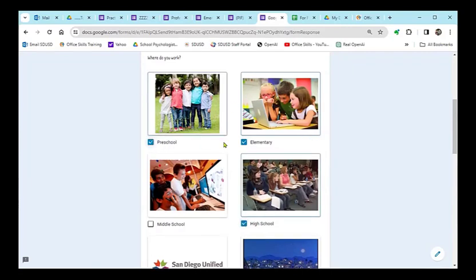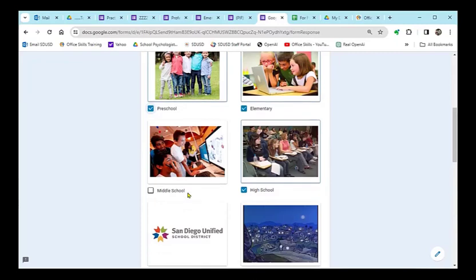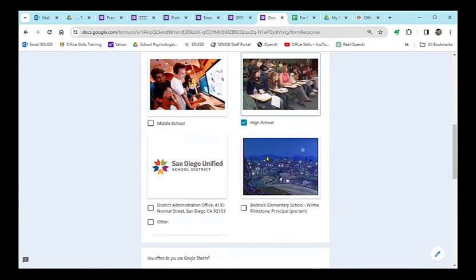You also see pictures. Remember when we were choosing multiple choice or checkboxes, we saw that little upload image thing. This is what it would look like. You go get a picture of preschoolers in this case, elementary school. Hopefully I got the ages right here, middle school or whatever. And then because it's checkboxes, I can have other, so that if I want to put an answer